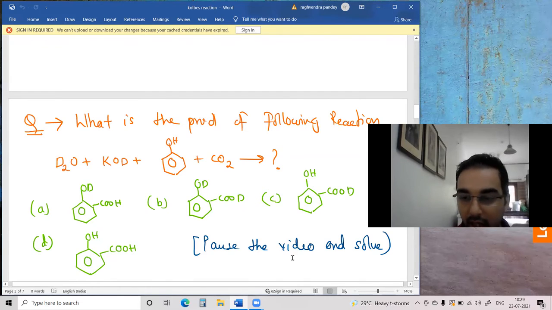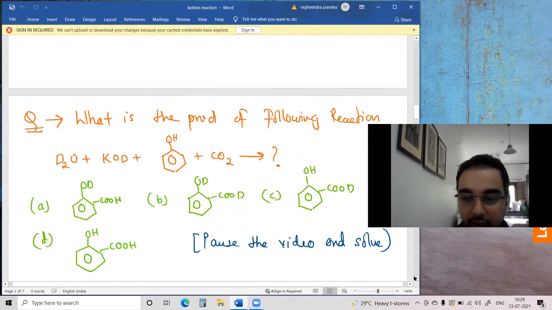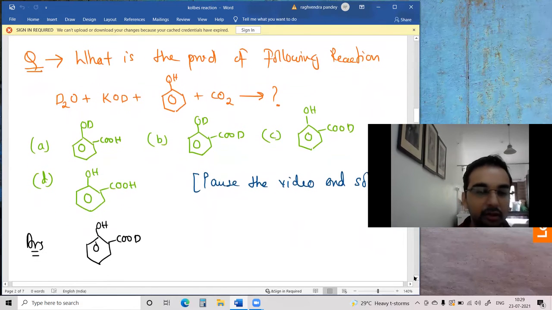I want you to pause the video and analyze, and if you want, you can go back to see the reaction mechanism. Okay, so let's see the answer. The answer is C. The hydroxyl group is the same, but the carboxylic group is deuterated. So why is the carboxylic group deuterated? Because